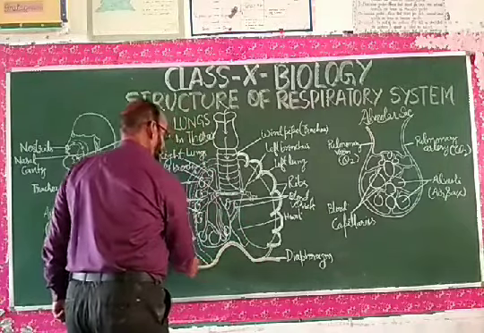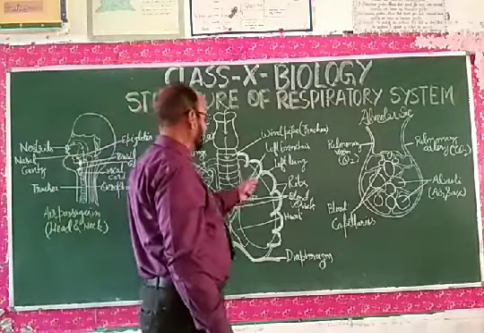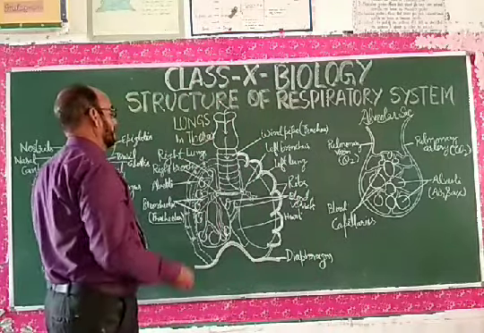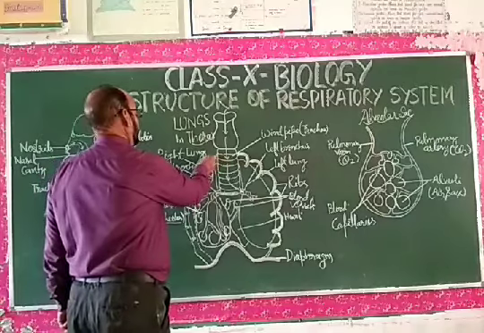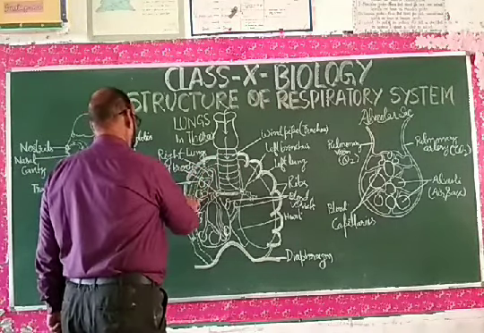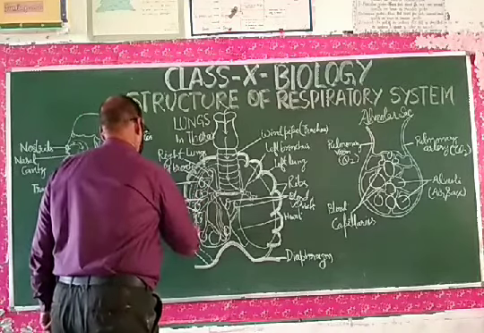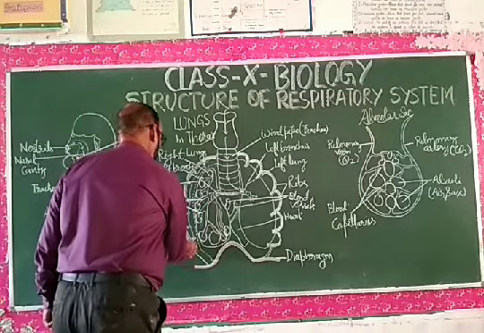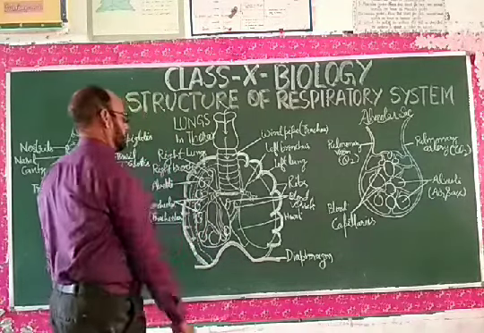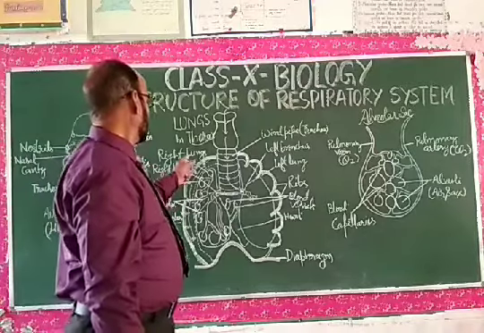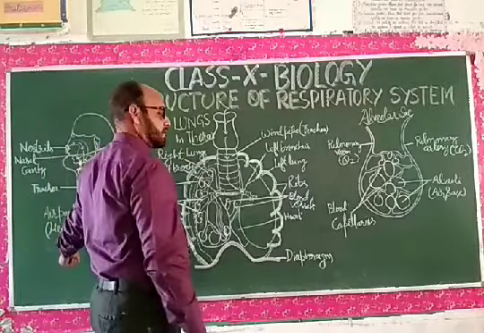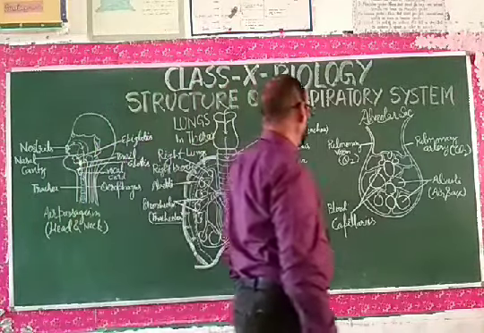Diaphragm performs the function of contraction and relaxation, while the rib cage is able to protect the whole complete organ of the thoracic region, that is heart and lungs. Heart comes under the circulatory system and lungs come under the respiratory system. Therefore, students, now this is the lungs which is situated in the thorax. This is the air passage that is situated in the neck and head region.